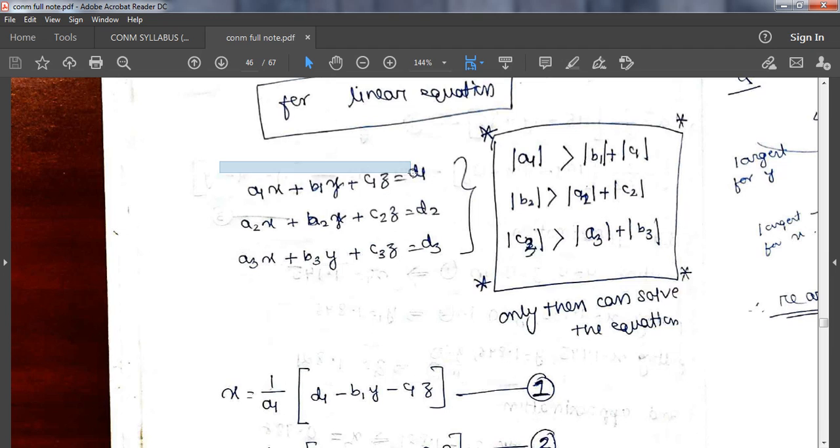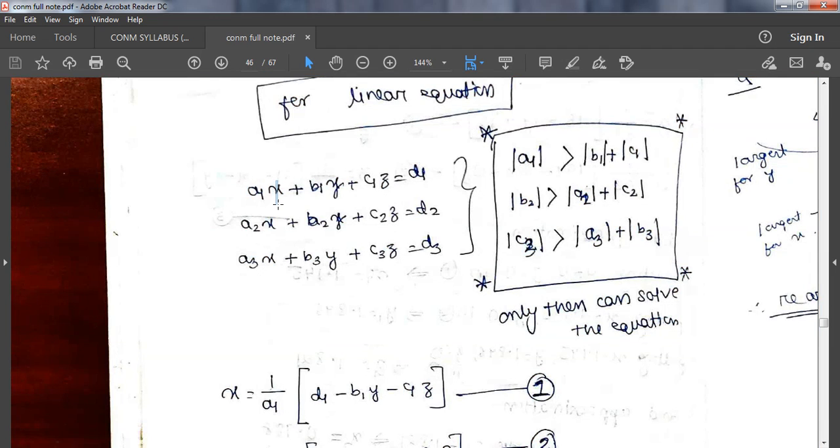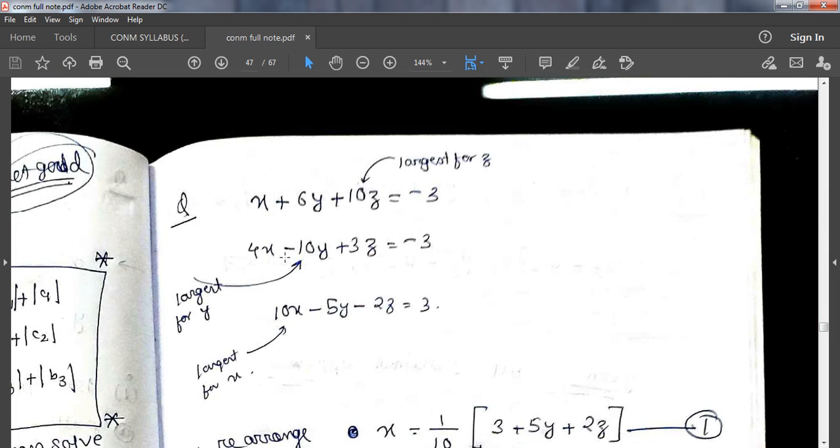Suppose in this particular equation, if I want to calculate the variable x, in that case its coefficient a1 should be greater than the summation of the other two. Similarly, from this equation, if I want to calculate y, the coefficient of that particular variable has to be greater than the summation of the other two. Similarly for this. Hence, if I have an equation of this sort, over here as you can see, z is having the highest